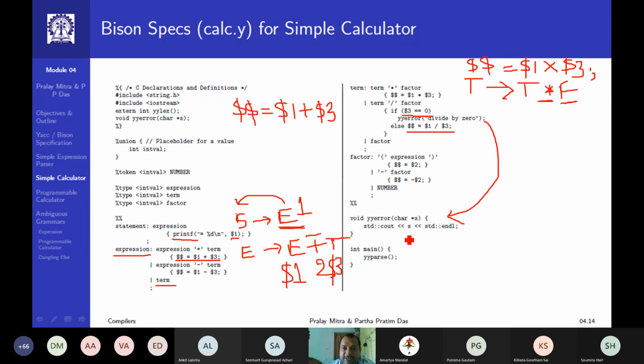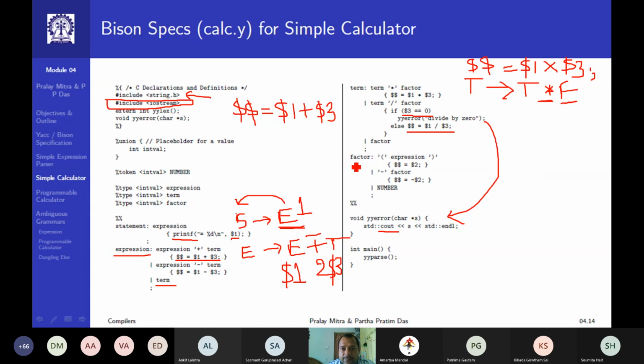And since I am printing using cout and printf, that's why I need some header file like iostream or stdio.h, etc. Now, is it clear? I believe that's why I am including this one. String.h is included, although currently I am not using that one. But if you manipulate with the string specifically for this error message, then you can include that one. But as you understand, for the parsing process, that string.h or iostring is not required.